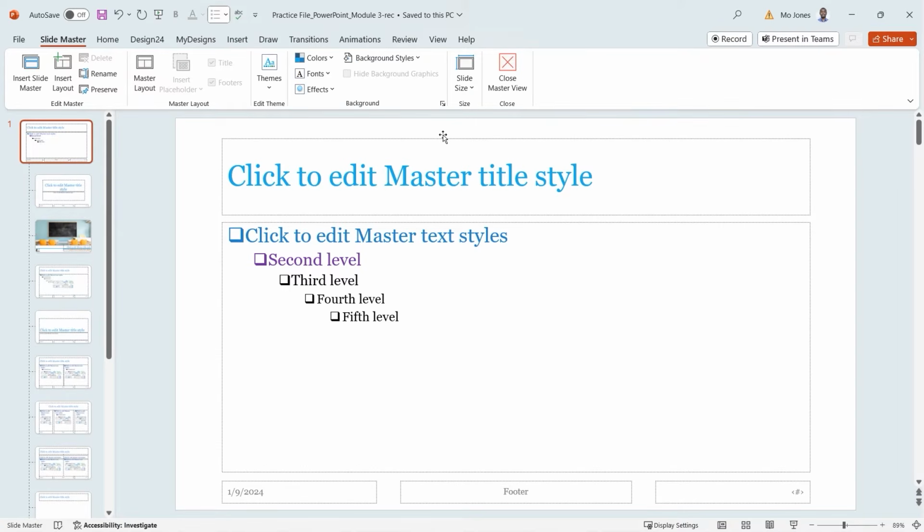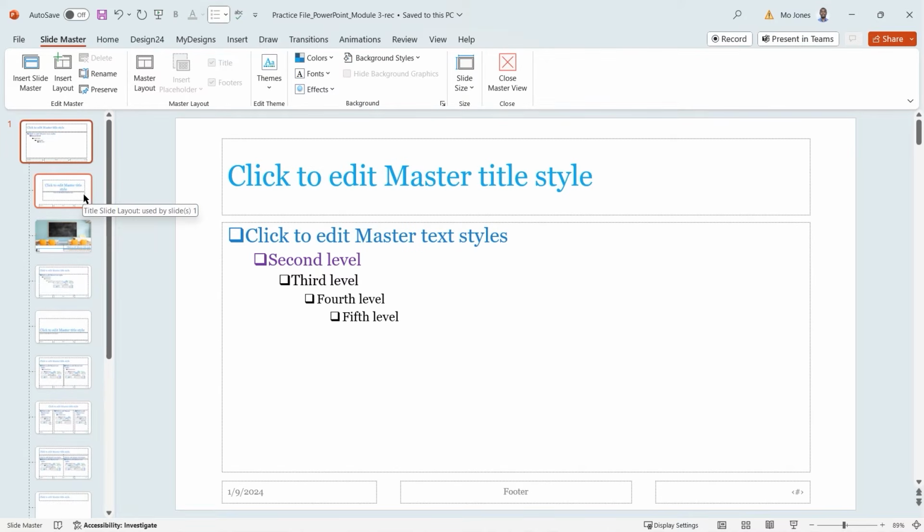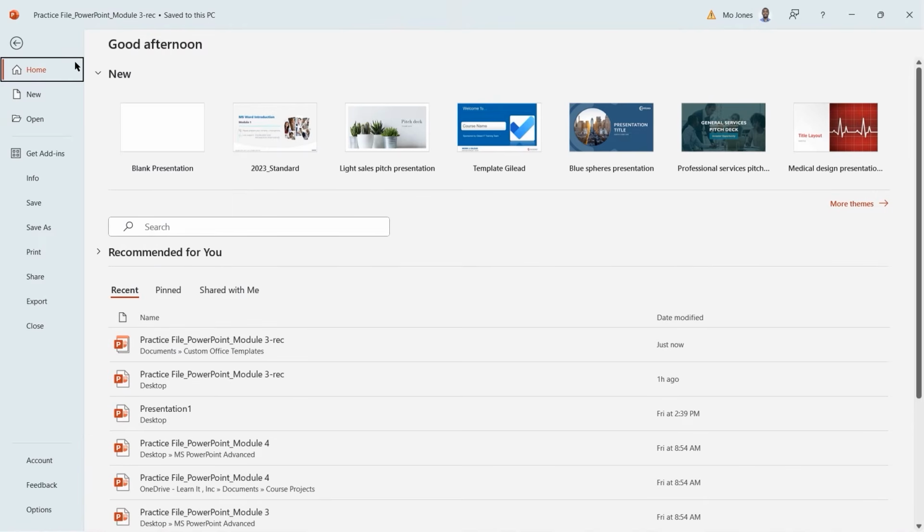The next time I open PowerPoint, right from my start screen, I can see that template. And now I'll have all of the colors, fonts, effects, slide layouts, custom slides. Any changes that I've made will be locked into the template. Going to go ahead and close the master view. Then the next thing to do is to be able to find our templates. I'll click on the File tab here, and you'll notice it appears right here on your recent files from the